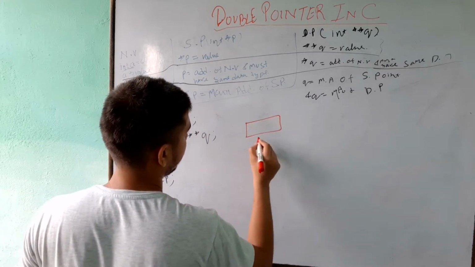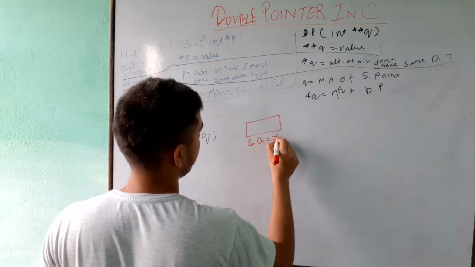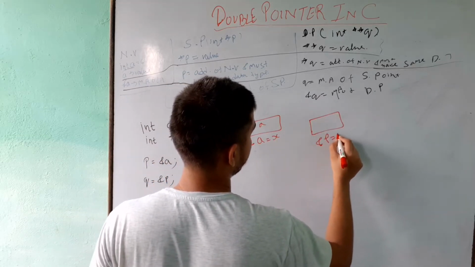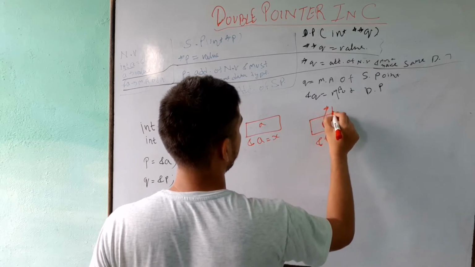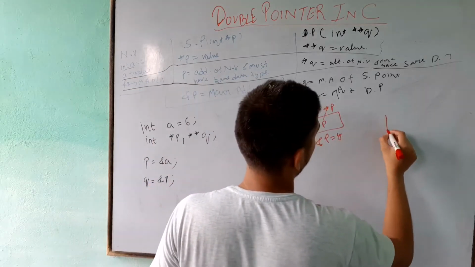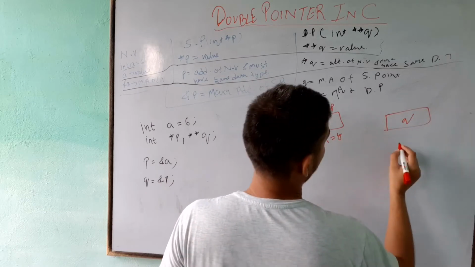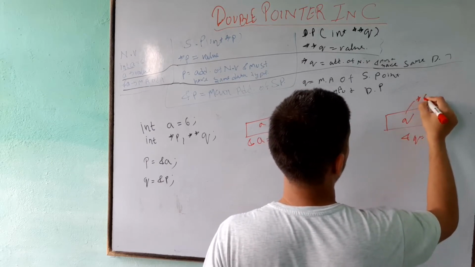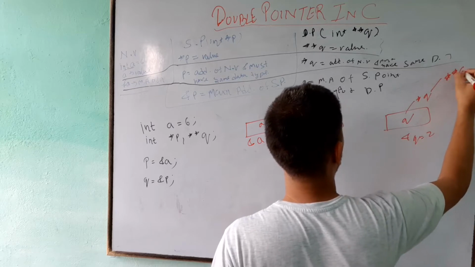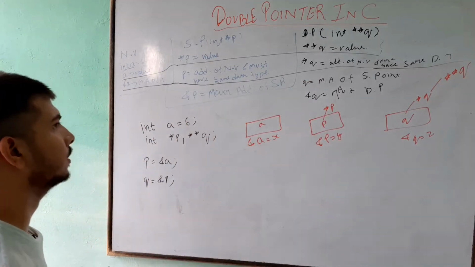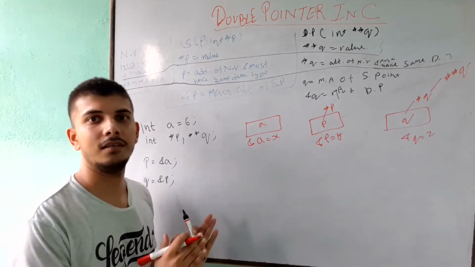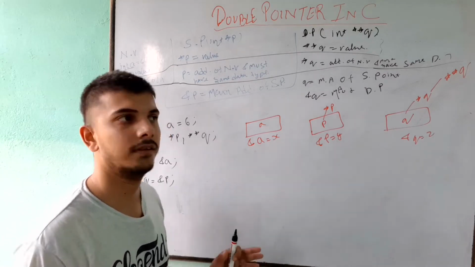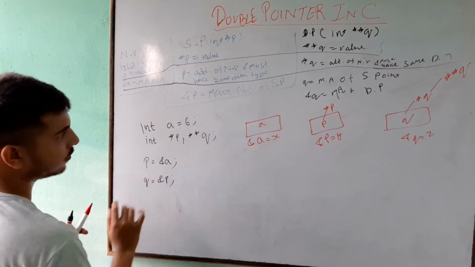Let's go through what's happening now. We are given a, this is &a, let's say it is x, and it is a. Then we also have p, this is &p, let's say it is y, it will have p, and as in the previous video, it will also have *p. And now we also have q, and &q, let's say it is z, it will have q, and it will also have **q. Going level by level we are increasing, but just understand the logic and you will get everything.